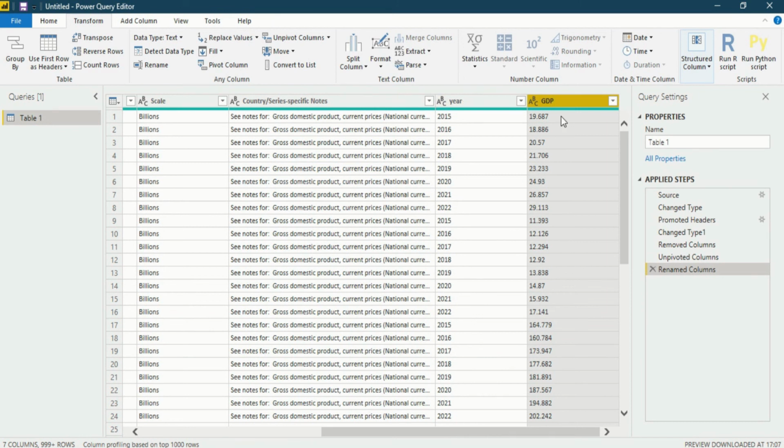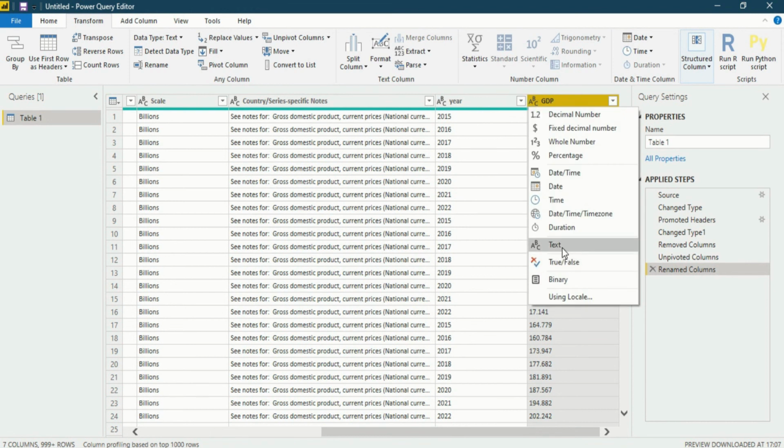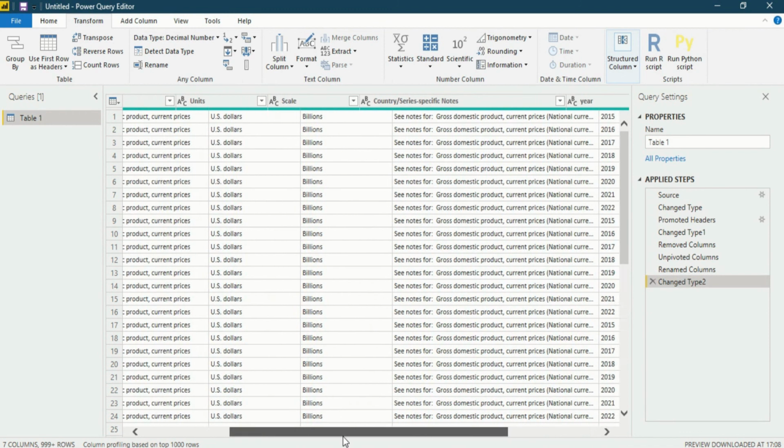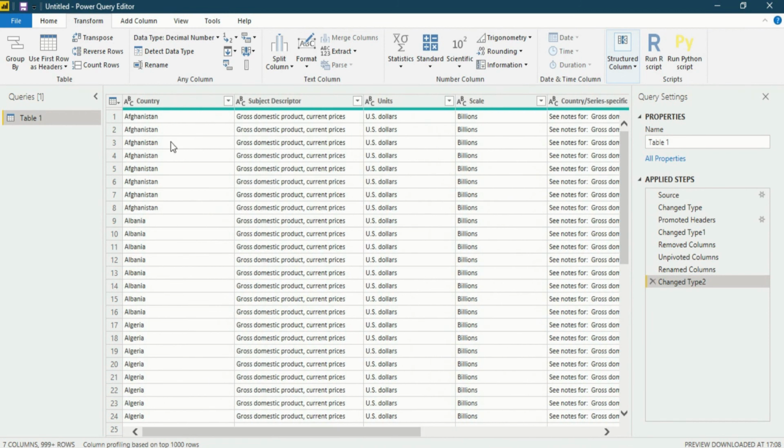Now we have to look at the data types. So what is the data type? You could easily see the data type in front of GDP. There is something written in a small cube, that is ABC. So the data type of GDP is, as Power BI thinks of it, text. But it is not text, it is a whole number, or you could see it as a decimal number. So you could easily change it this way, or there is another way also, that is auto detect. So it can be auto detected in Power BI.